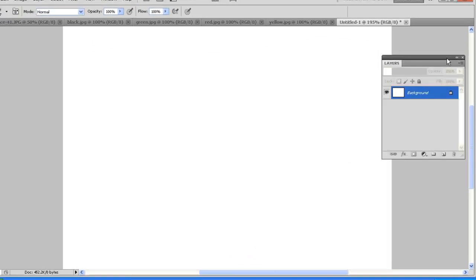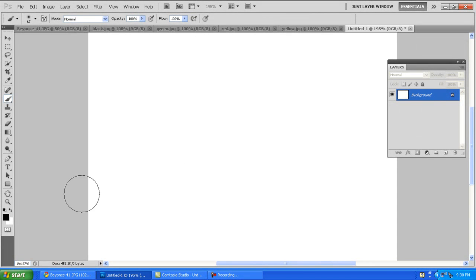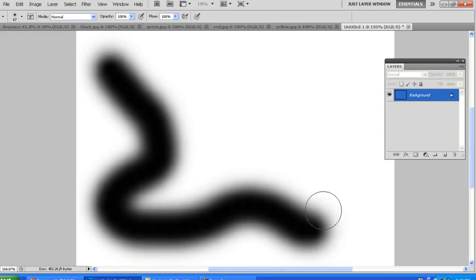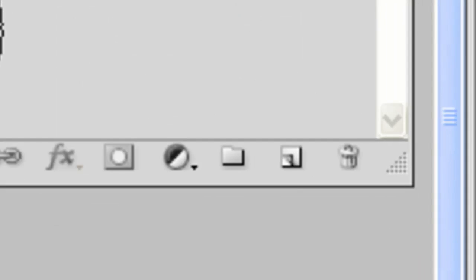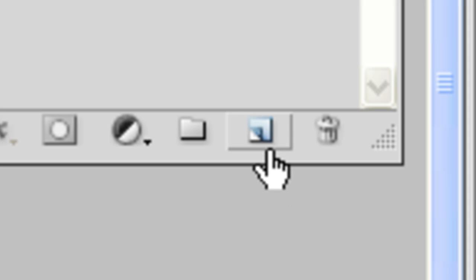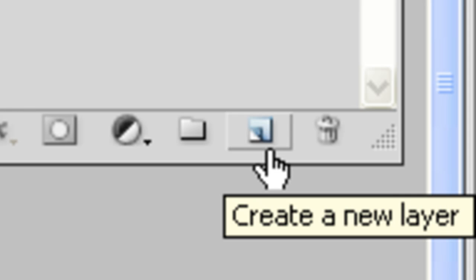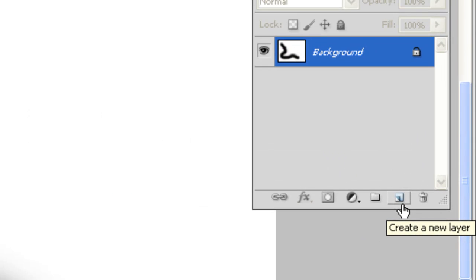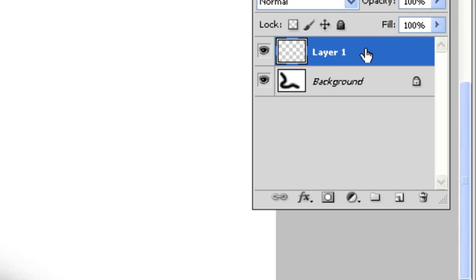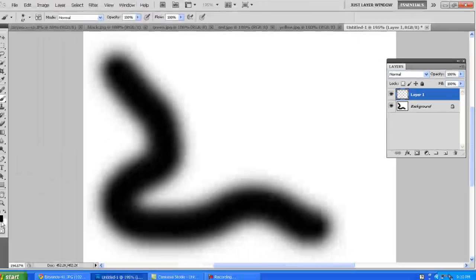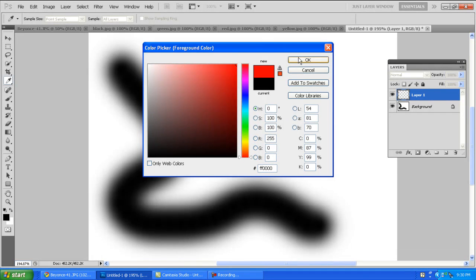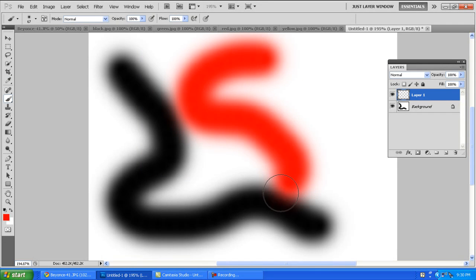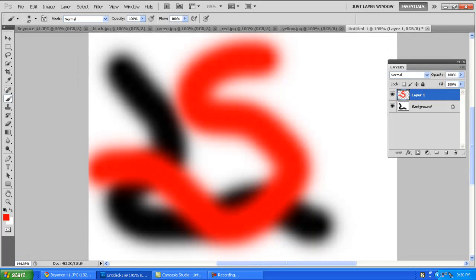So this is the layers palette, and what I'm going to do is click on the paintbrush and draw a line, and then I'm going to add a new layer. To add a new layer, at the bottom right hand corner of the layers palette you'll see a little icon. When you click it, you'll notice that layer 1 appears. I'm going to go to the color picker, pick a new color, and do this, and I'm going to create a new layer,